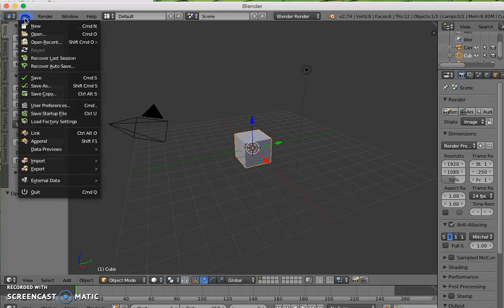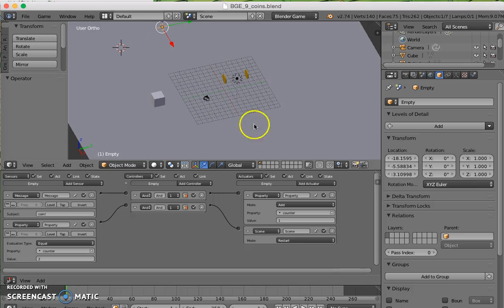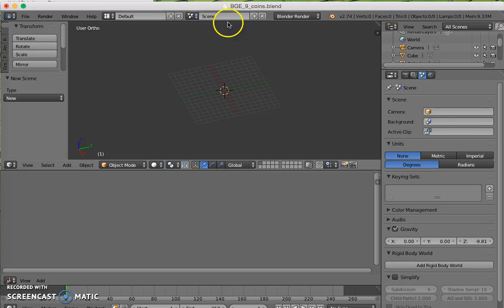All right, so I'm actually going to open up my old one, coins, where I still have the empty object, which I'm going to get rid of. So I'm just going to delete this empty object, so we don't need it, but in a second, I'm going to change this one to game at the top. I don't have any scenes, so I'm going to add my first scene called win,